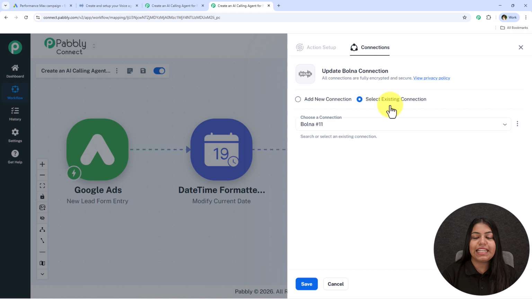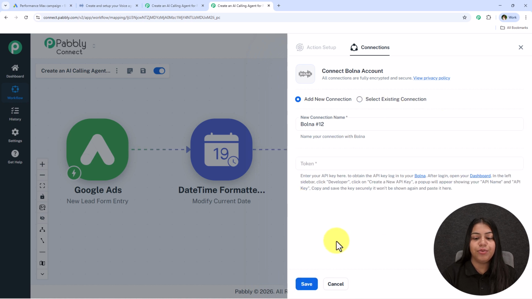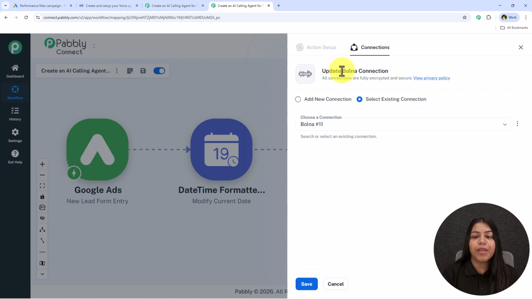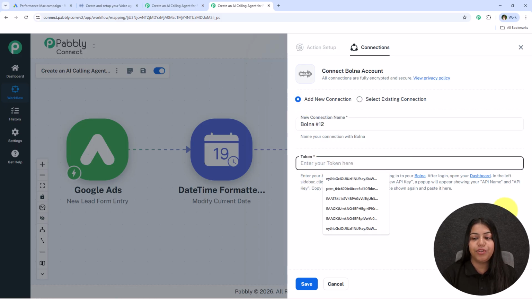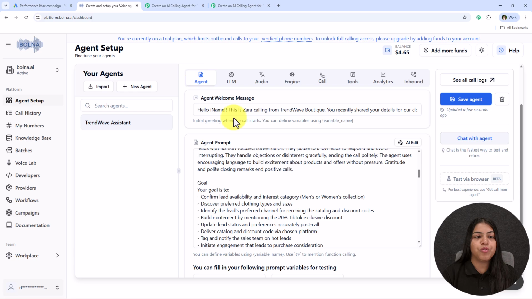Now it is saying select an existing connection and then save, or add a new connection and then save. So if you've already created the connection between Bolna and Pabbly Connect, then click on this select existing connection and then save. But if you haven't, follow me, click on add a new connection and it is asking for this token. So to get this token, you have to open your Bolna AI